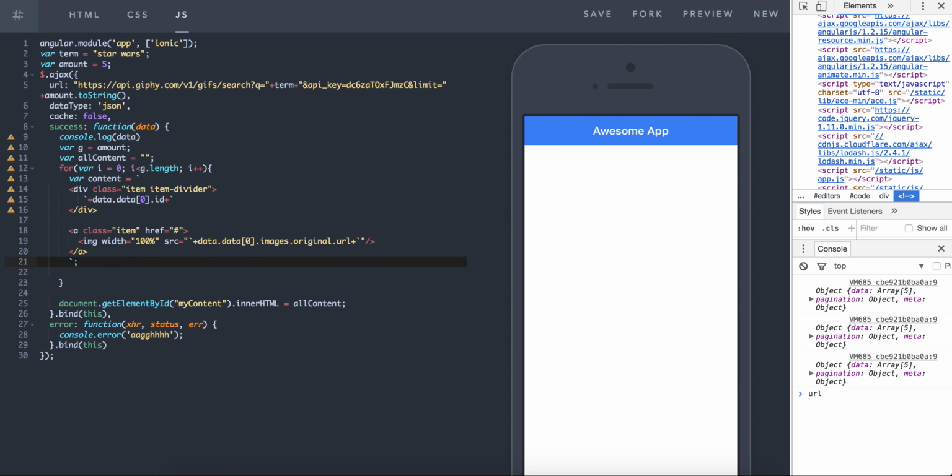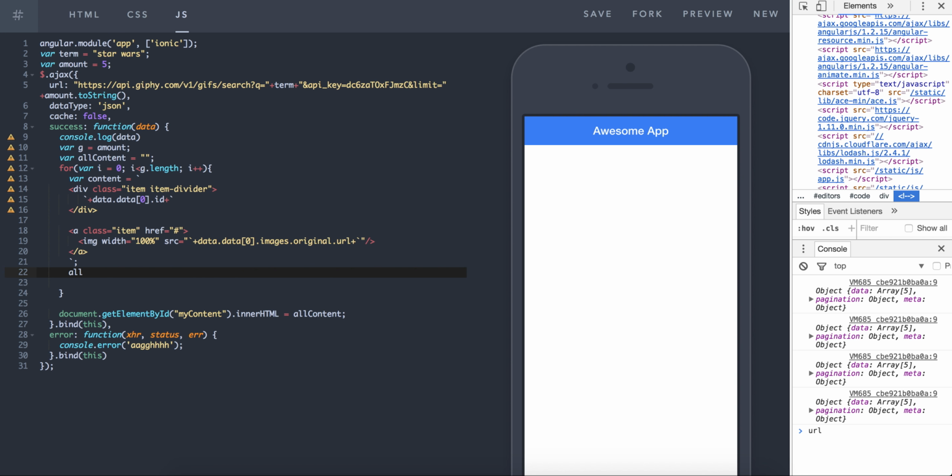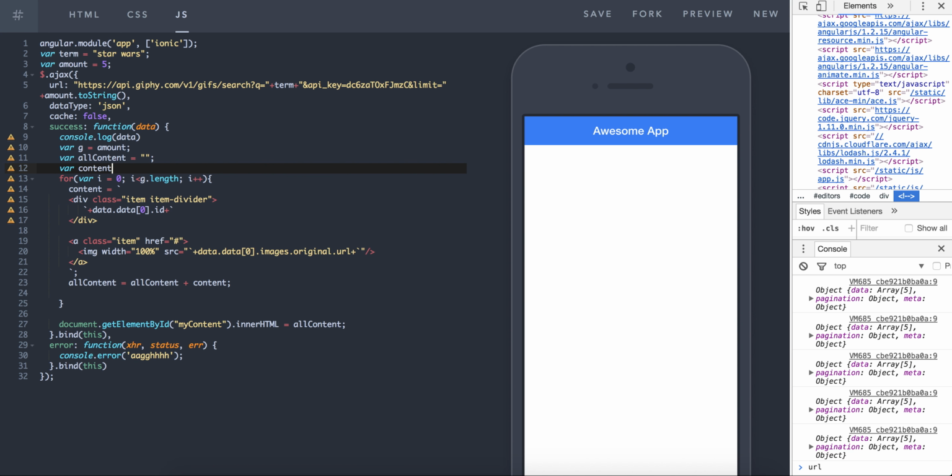So right after this, we're going to say all content is equal to all content. So nothing is equal to nothing plus content. And if I'm thinking about this correctly, hold on. We might need to take this, delete that, go up here, and say var content is also equal to an empty string, just so we're not reinitializing that over and over and over again. And then we're going to,